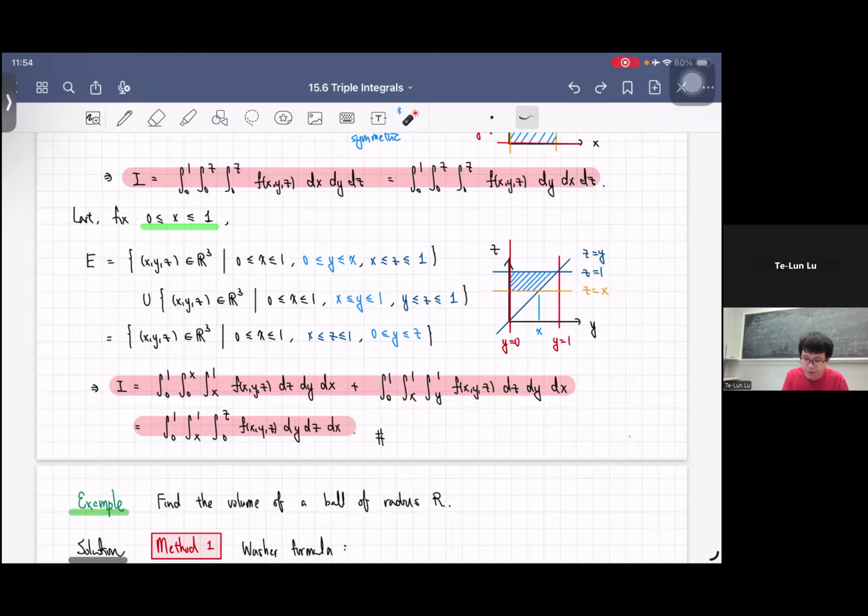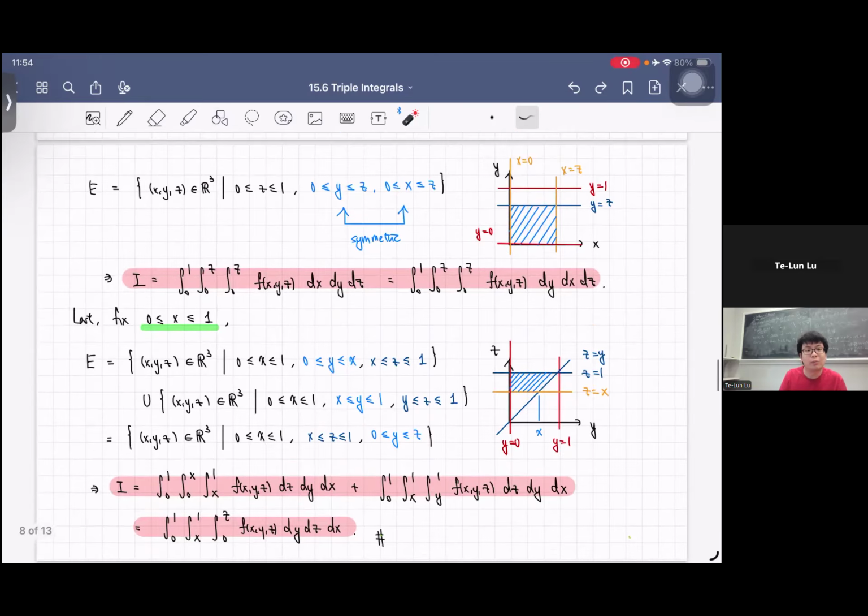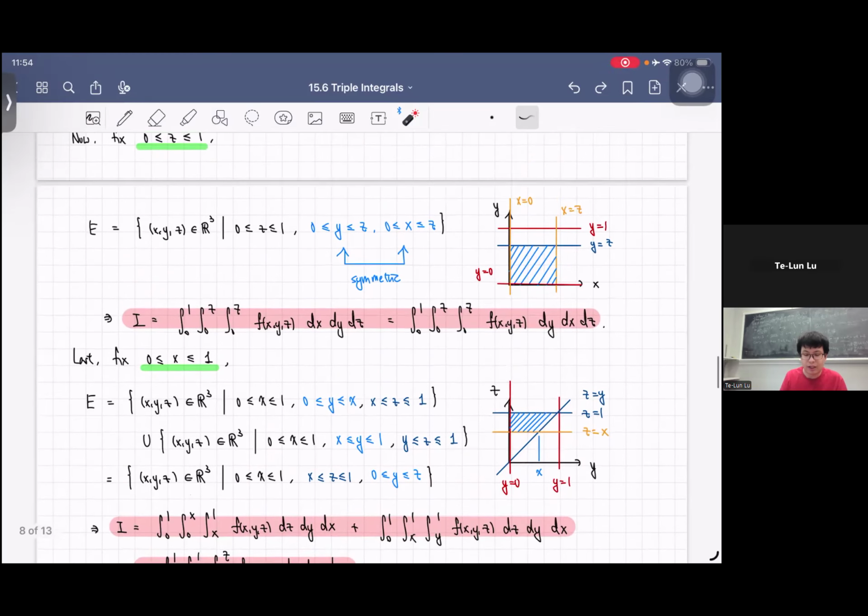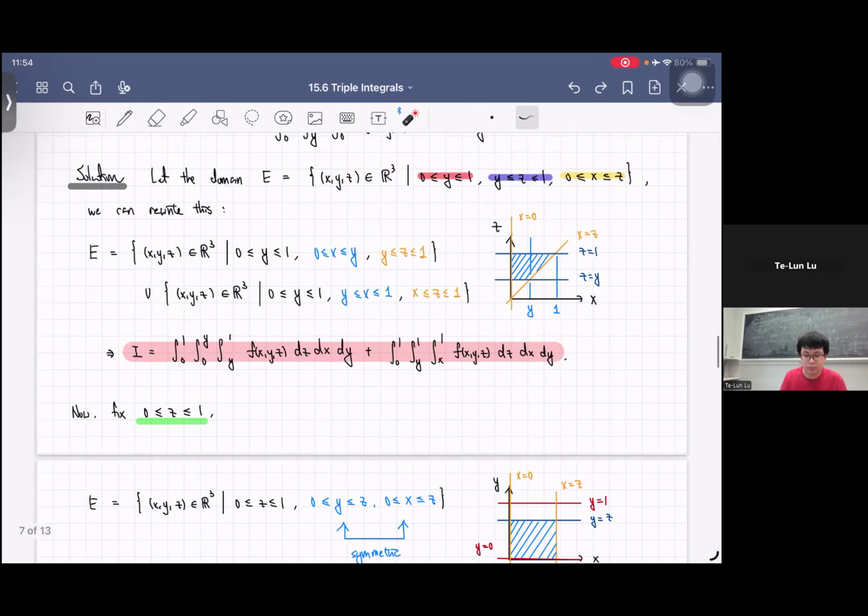Yeah, so y goes from 0 to z, and z goes from x to 1, and x goes from 0 to 1. Sorry, it's a little bit complicated, so I get confused for a second. So yeah, there will be your 6 different types of integration. And this is a very, very good exercise for you guys to know how to describe the domain in different